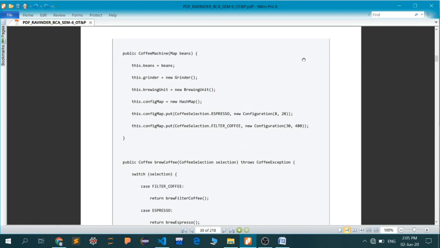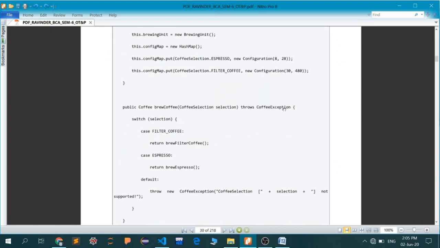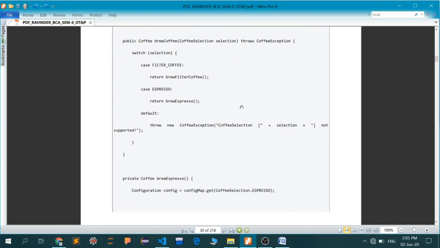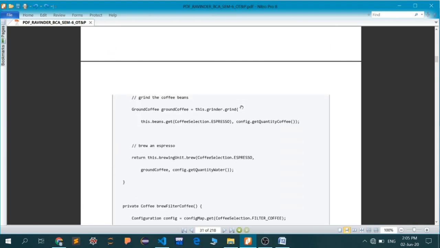Now, as you can see, this.grinder is equal to all of these. Let's go below, not here. Let's see if I have created a new